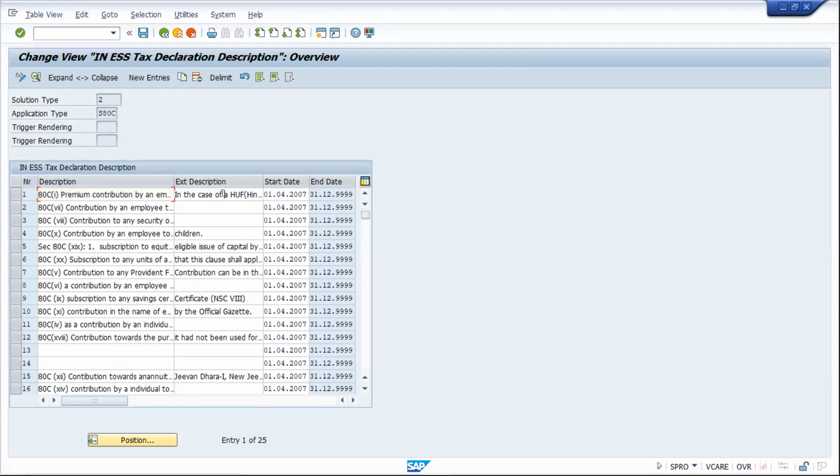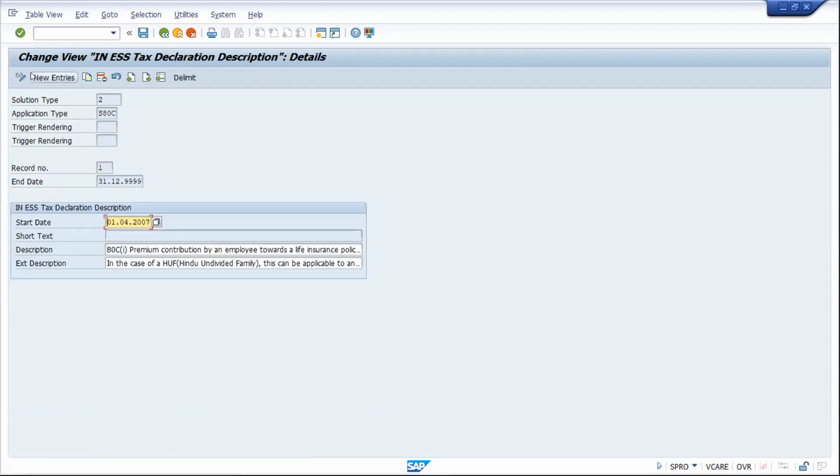You can just choose any one line and go to the lens button. Click that lens button. Here you can see now clearly. This is your description, and in the extended description they have given more explanation on that. This is how a typical line item will be visible to the employee in the ESS, for record number 1. Similarly, for other records also you can update. Suppose there is any special instruction from an organization you would like to give to the employee, you can update that accordingly. This is clear? Yes, sir, it's clear. Now you just go back.